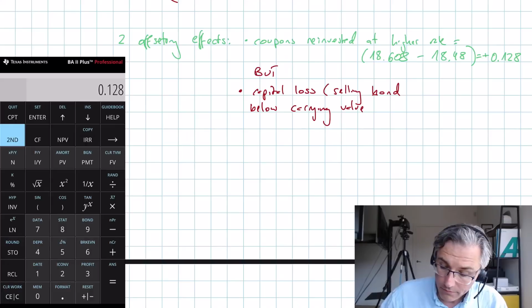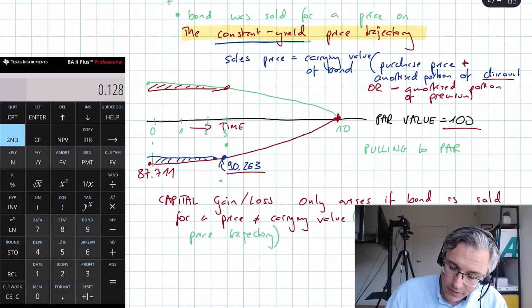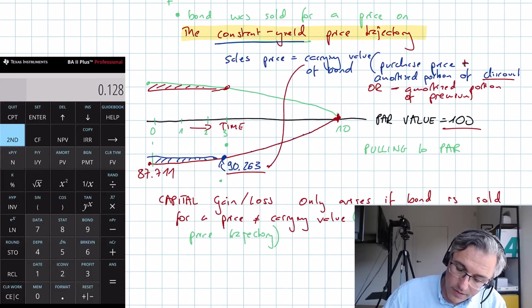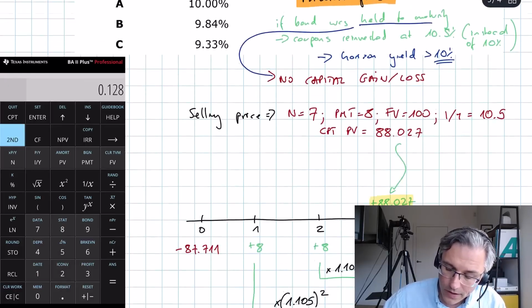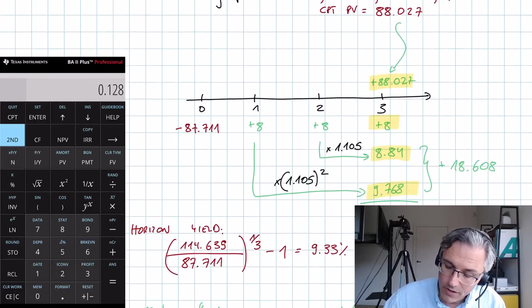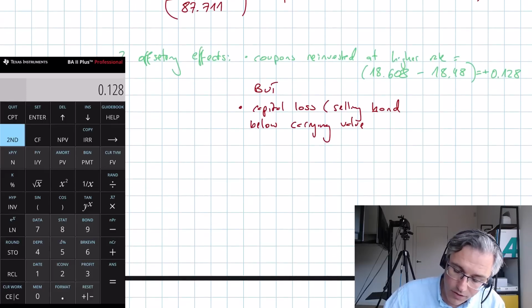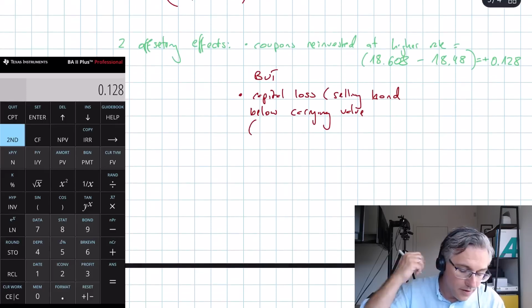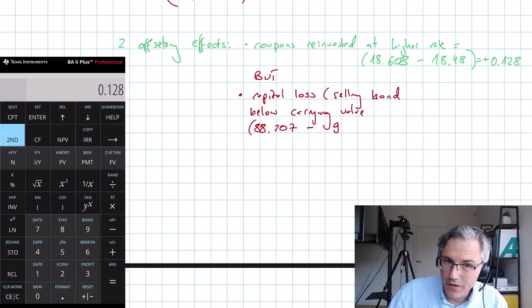And we have somewhere over here before, that price, the carrying value over here, 90.263 for which the bond was sold beforehand. Now it was only sold for 88.027. So the difference, and it's going to be a negative one this time, is selling the bond for 88.207 versus the prior